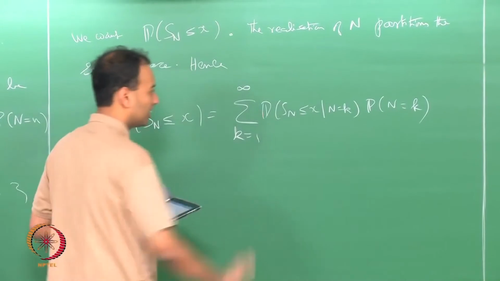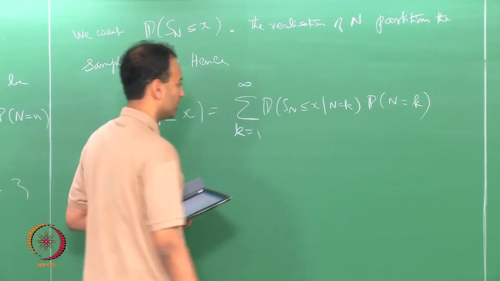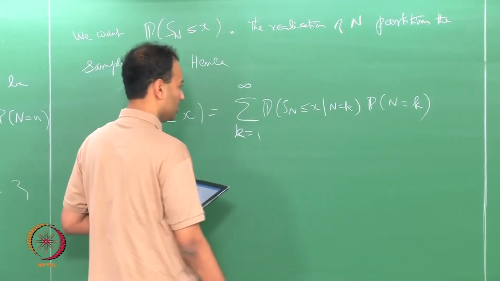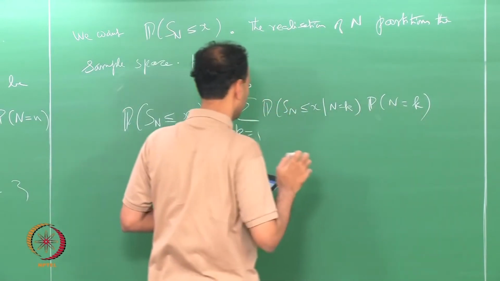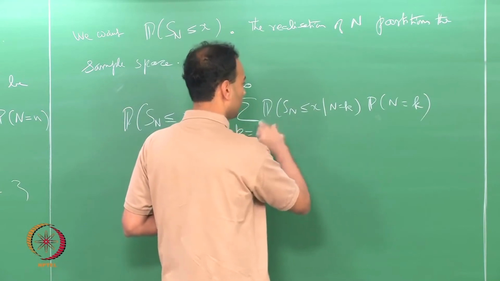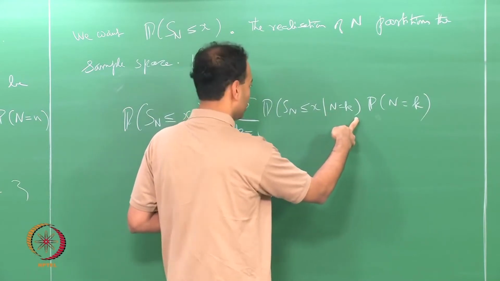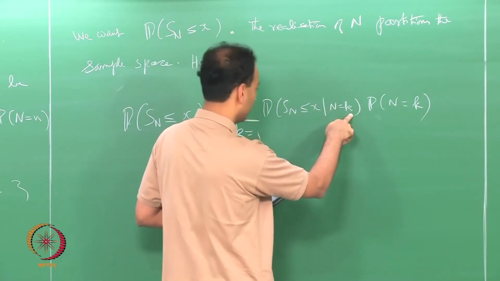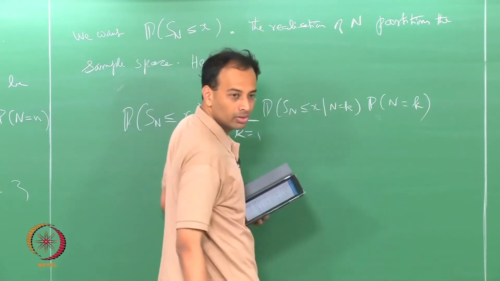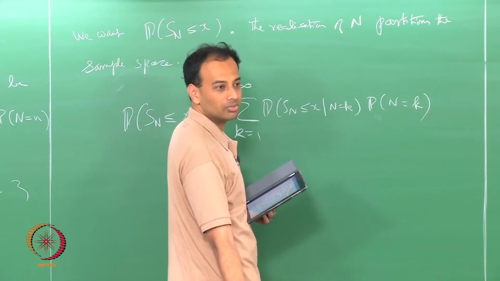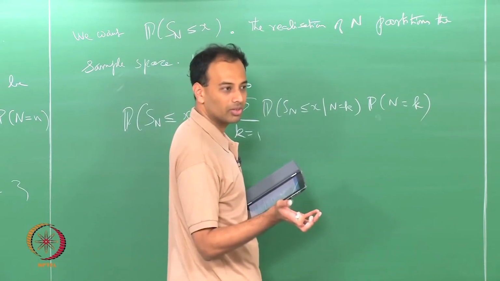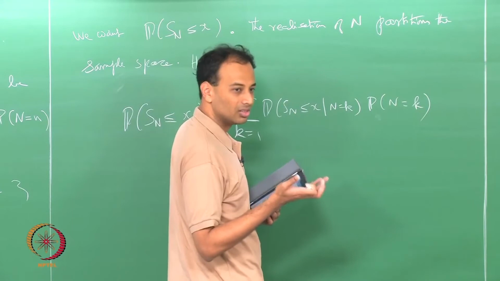I am not writing omega such that everywhere, okay. So, by now you understand that. Now, this is something we know, right. Now, this is also something we can figure out, because given that N is equal to k, this S_n is simply equal to S_k, which is a deterministic sum. It is not a sum of a random number of random variables, it is a sum of a deterministic number.